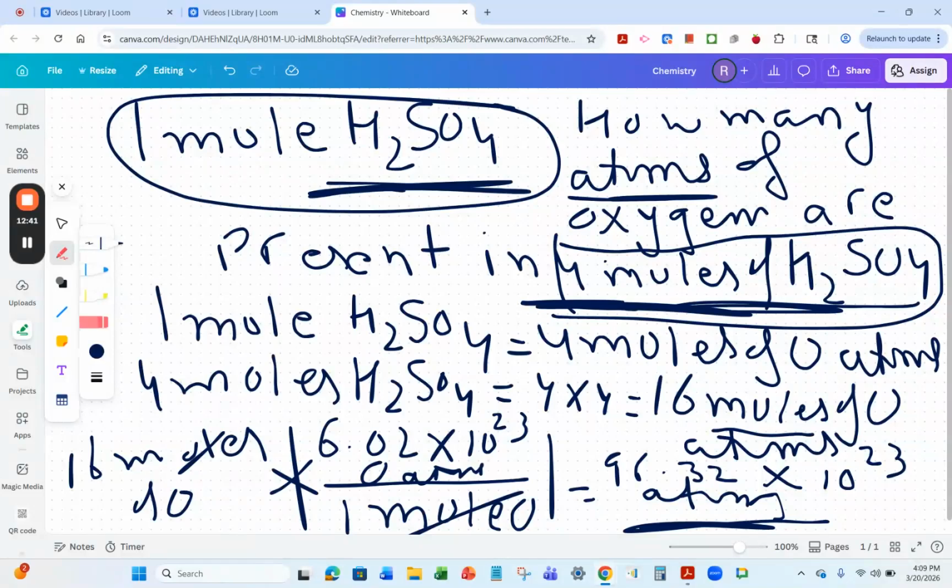Maybe there will be a question asking how many grams of oxygen are present in the given moles of sulfuric acid. Same pattern. So be very careful, read the questions properly, make an image in your mind, make a flow chart. First of all, write down what you know, meaning what is given to you. It's very important. Thank you so much. We'll do